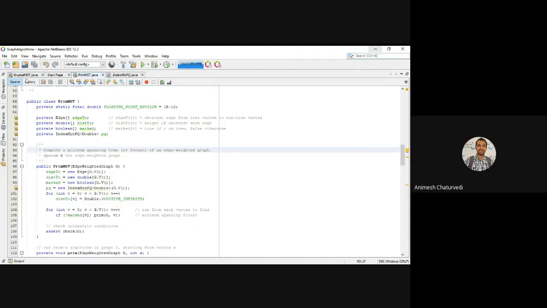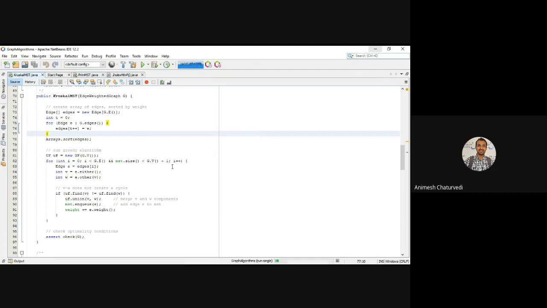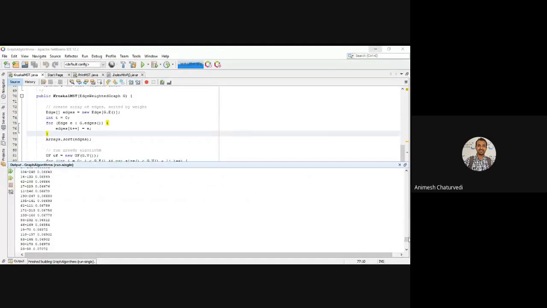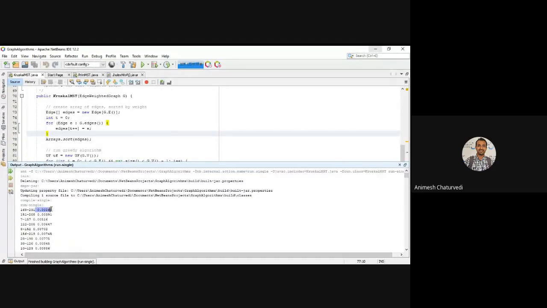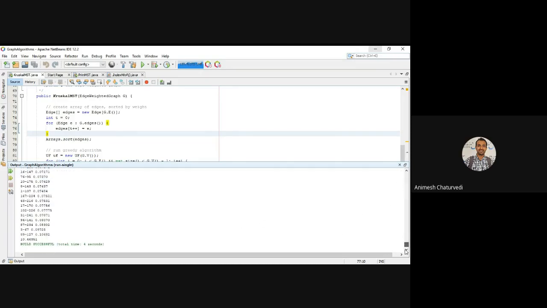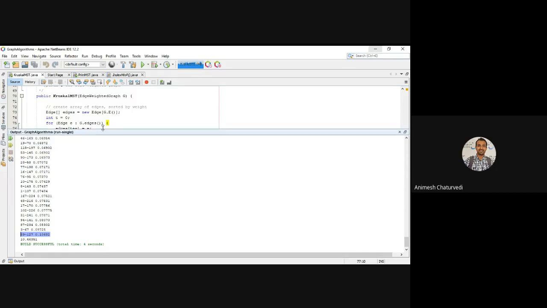And when you do it in Kruskal's, this will now generate the result for Kruskal. The Kruskal result was generated according to the sorting of the edge weights. So this is the least weighted edge, and this is the second least weighted edge. This was the third least weighted edge, and this 0.15 would be the highest weighted edge in the minimum spanning tree. And this 0.9 was the second largest weighted edge in the minimum spanning tree.